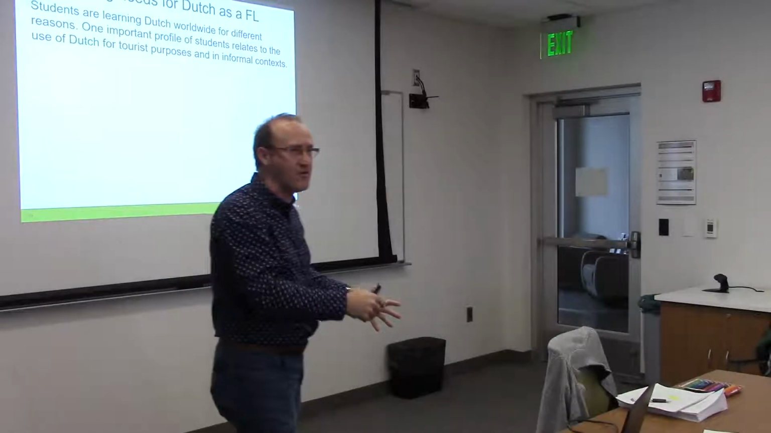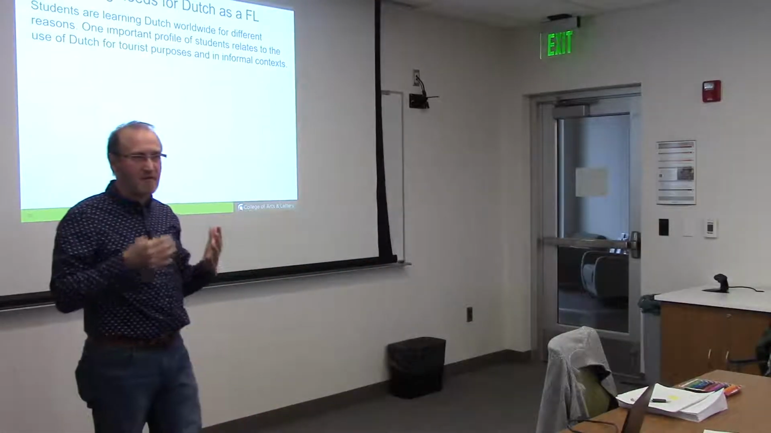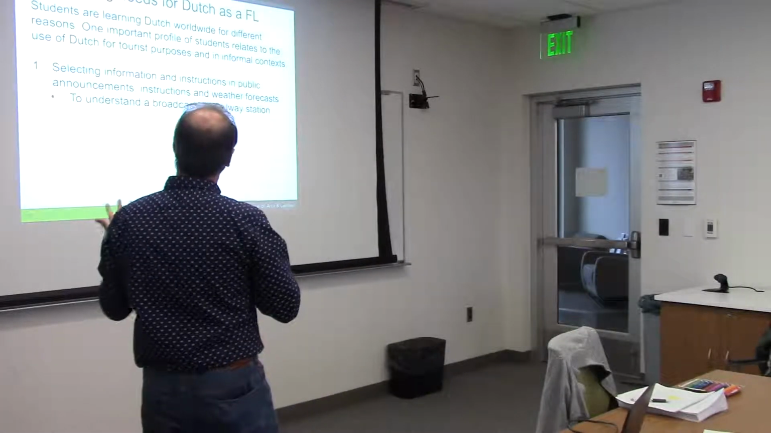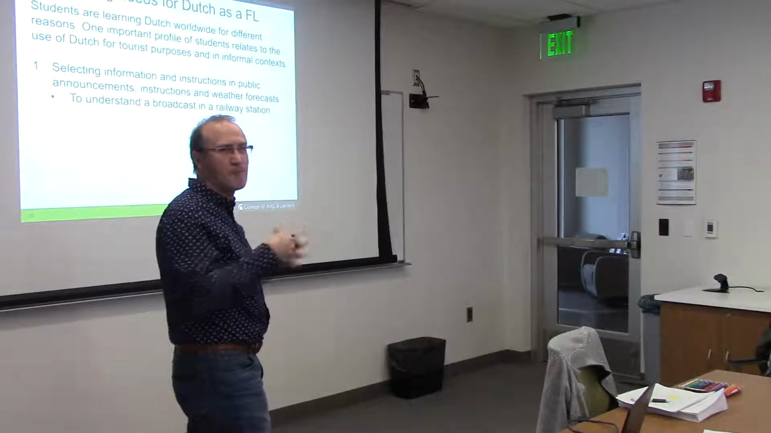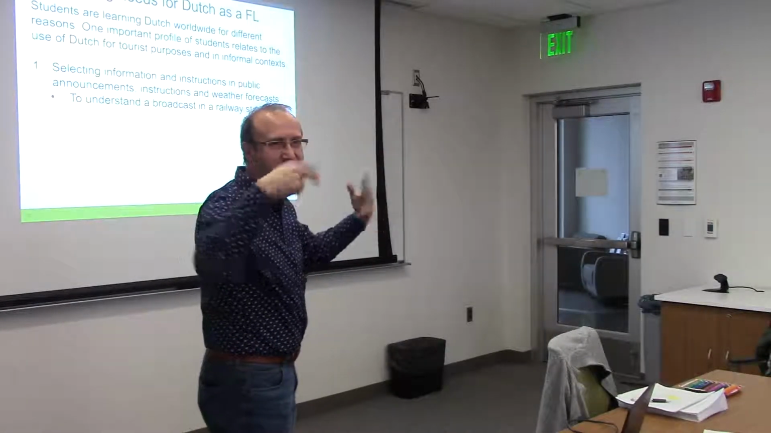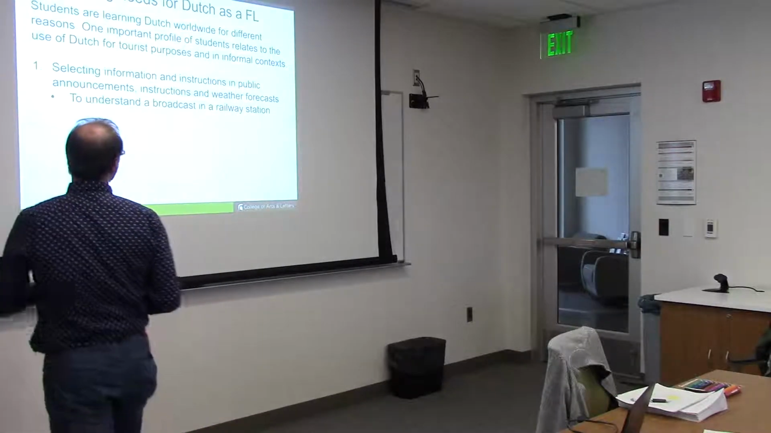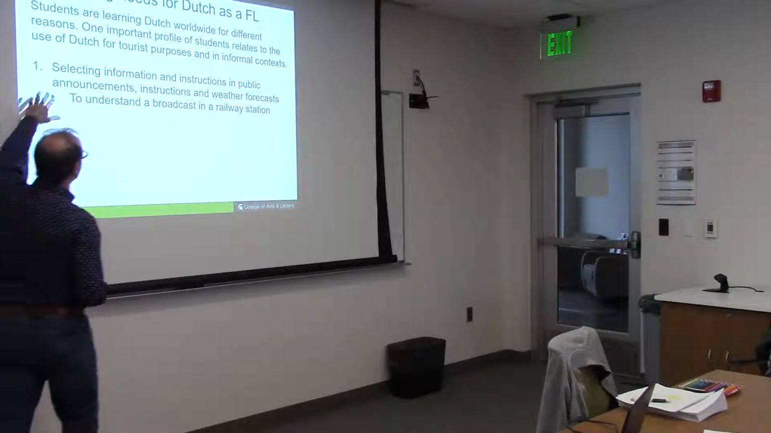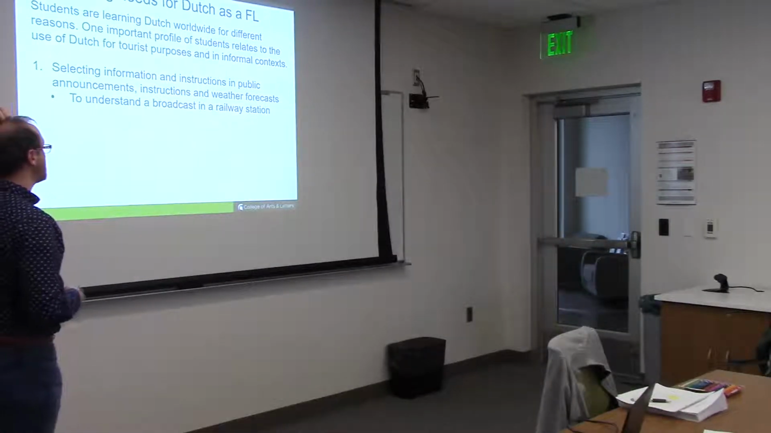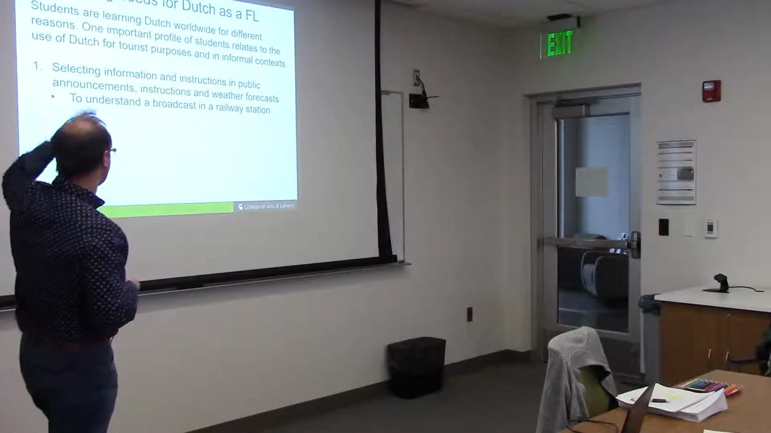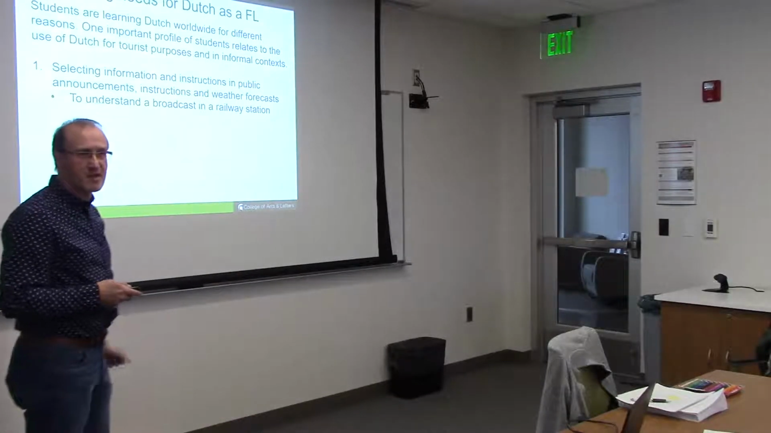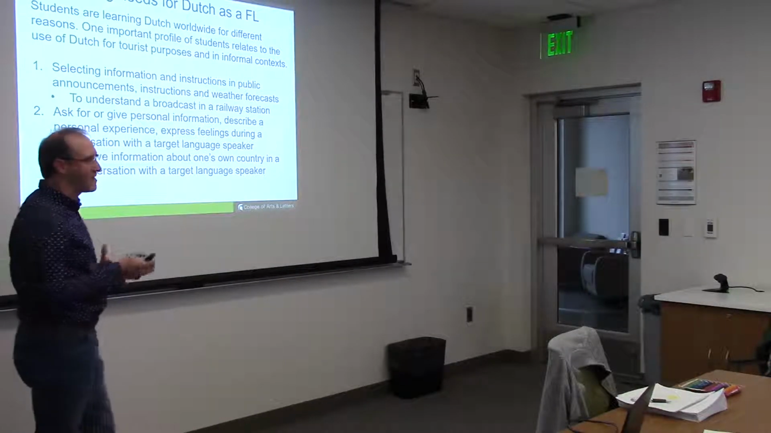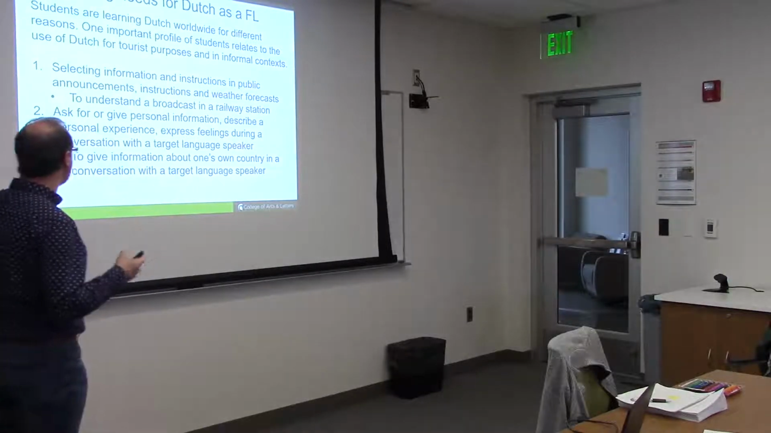So this was the lowest level. This was basically the A2 level of the Common European Framework. And so we identified certain context situations to operationalize that kind of need, that kind of desire. And this guided the tasks that we developed in that particular assessment. So for example, selecting information and instruction in public announcements, instructions and weather forecasts. So being able to understand a broadcast in a railway station. Or, this was a very important one, personal information, describing a personal experience, expressing feelings during a conversation